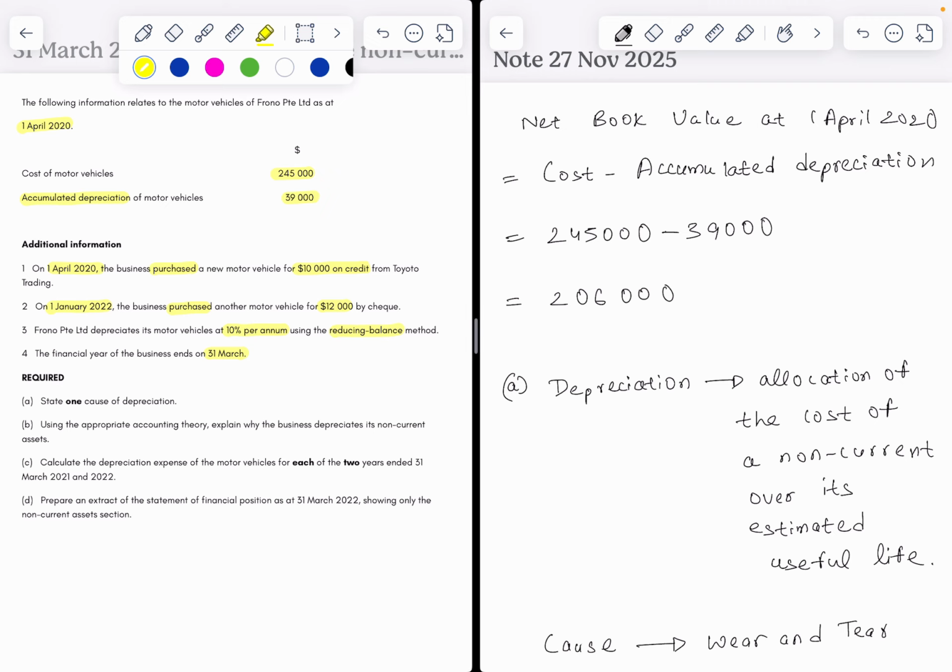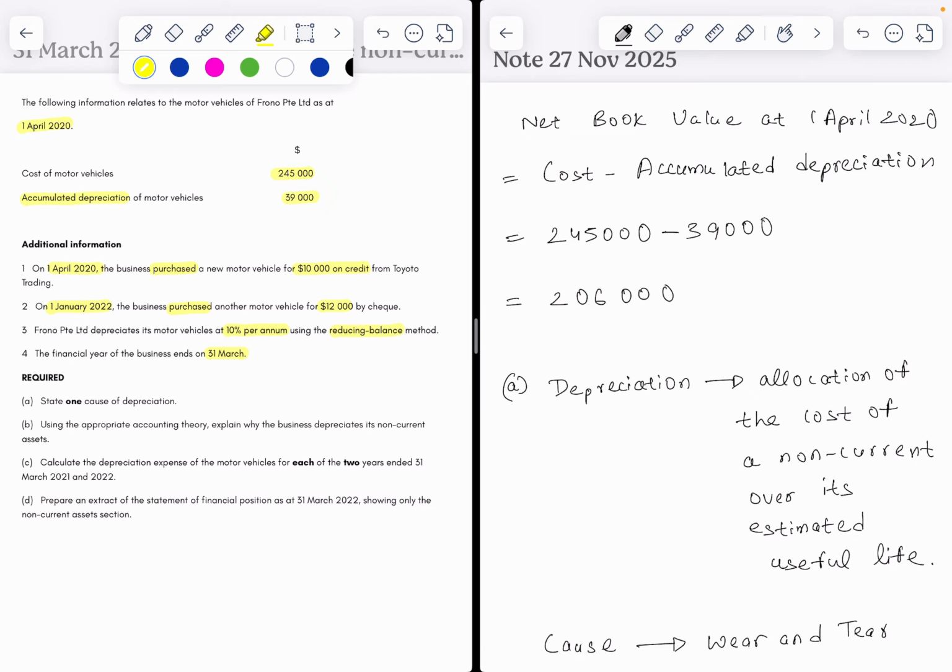Today we have got a practice question from the topic non-current assets. In this question, you will learn to calculate the depreciation expense for multiple assets using the reducing balance method and then prepare the extract of the statement of financial position at the end of the year. You will also look into an accounting theory which justifies why we should record depreciation and also the causes for